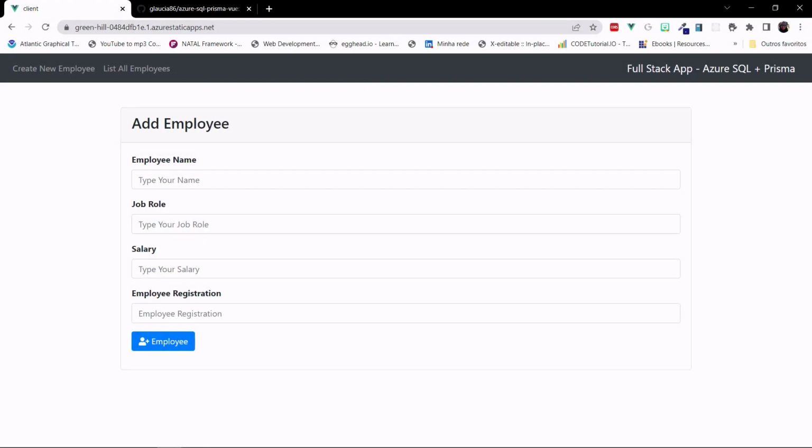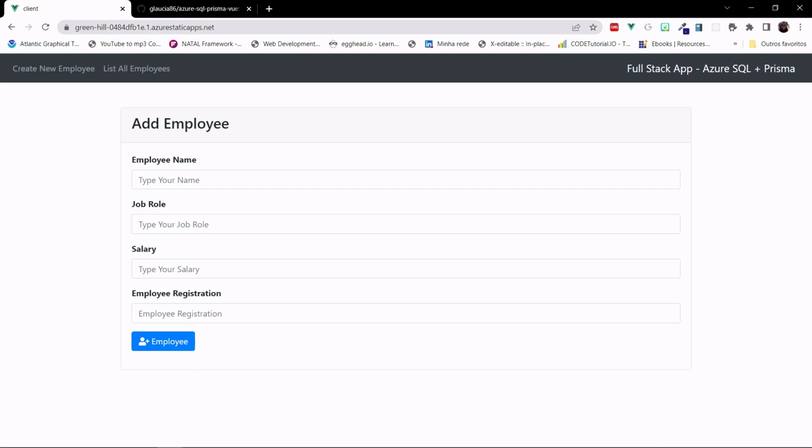This will be the application that we will develop. The front-end side is already done, so that we can only focus on development of the back-end side. It is a CRUD application, but behind the scenes, we are using technologies such as Azure Functions, Prisma, and Azure SQL. Let me show you how this application works.